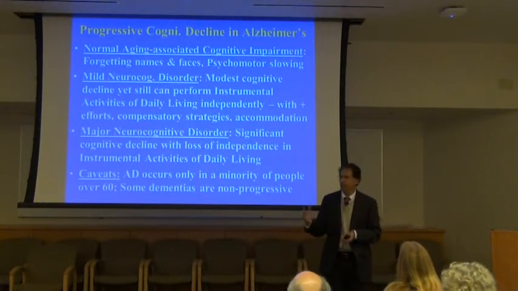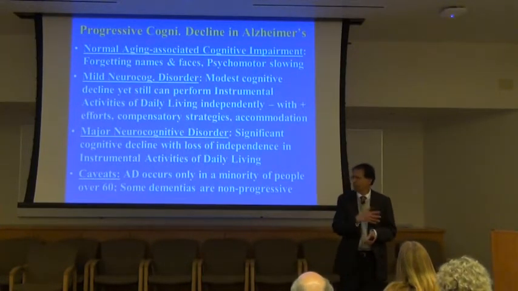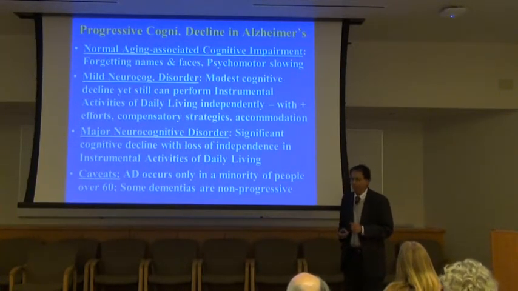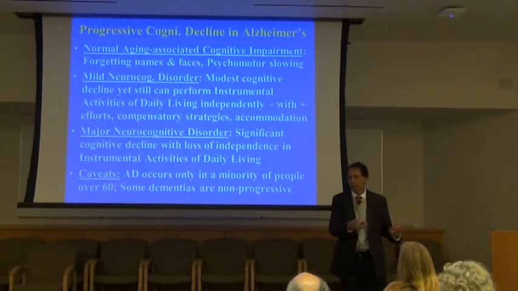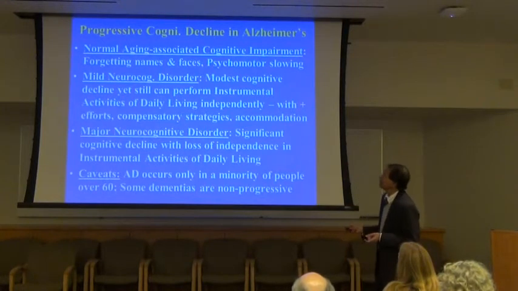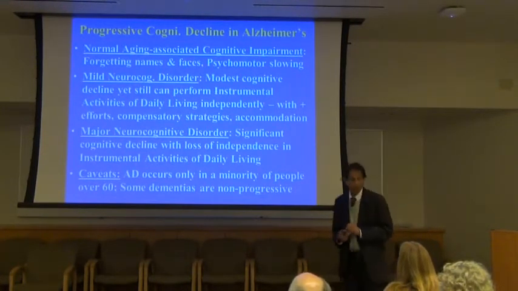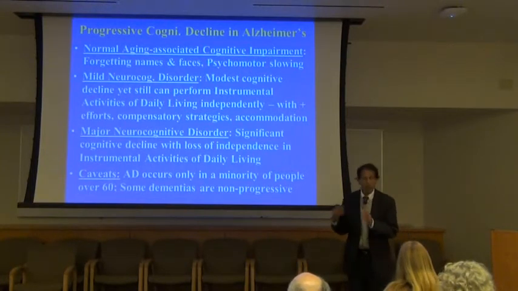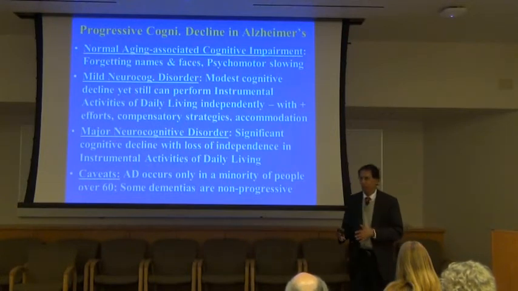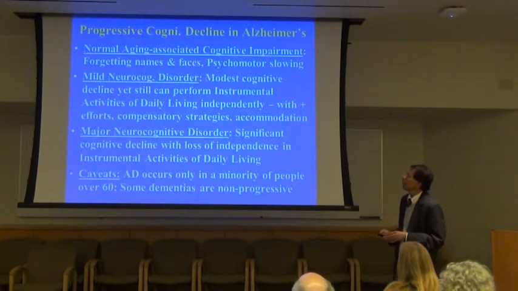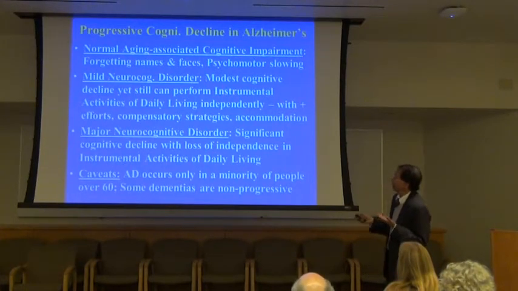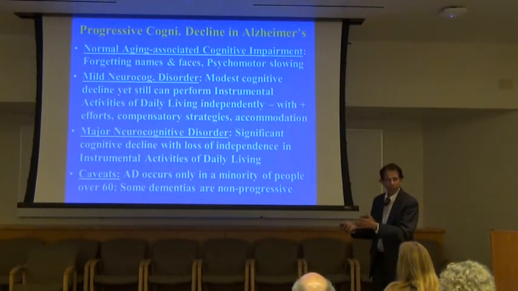I mean, obviously that person didn't develop Alzheimer's overnight. It was going on for a very, very long time, for decades. Typically, if you go back and look at the history of somebody with Alzheimer's, it starts out with what may be normal aging associated cognitive impairment. As we age, the working memory starts going down, the psychomotor slowing begins, and so on and so forth. Difficulty remembering names, faces, etc. So that's often the first stage.